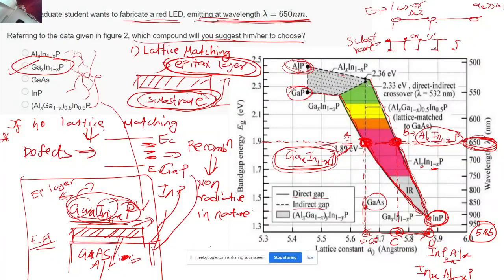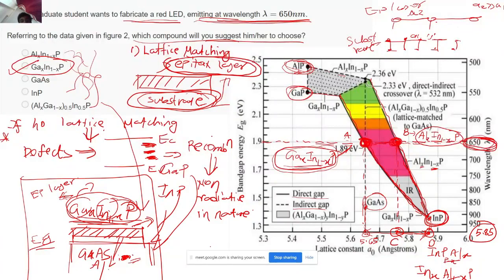Why I don't want that? Because there will be a lot of recombination happening if I introduce defect levels in the band gap energy. See, the band gap energy is the place where no energy state exists, right? But because of the defects, there will be some energy states existing in the band gap region, right? So if some energy states exist, then they will lead to more recombination, right?